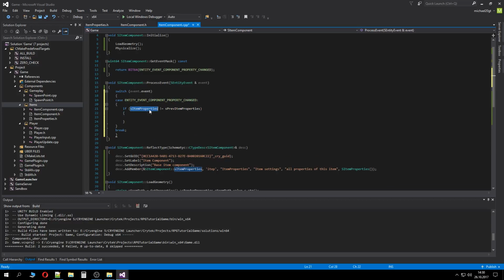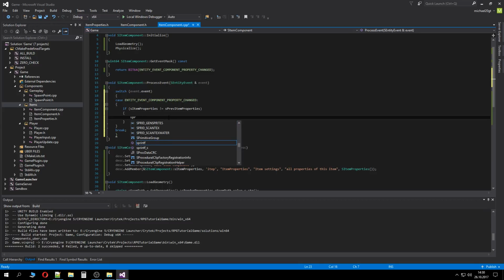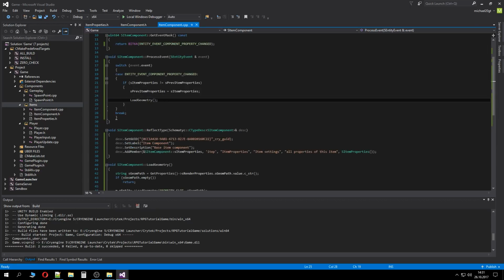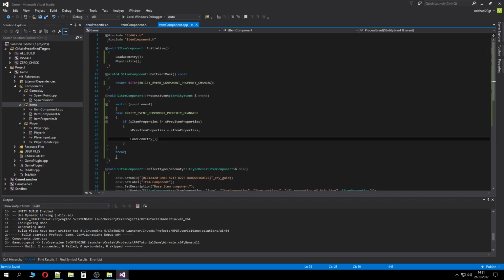So we're gonna check if the new properties are different than the old ones, and then we're gonna assign, obviously, as item properties, and then we're gonna do the stuff. Load geometry. Okay, pretty much. So now we're gonna take. Okay, actually, yes, we're gonna just load this stuff once again. One more thing we have to do,